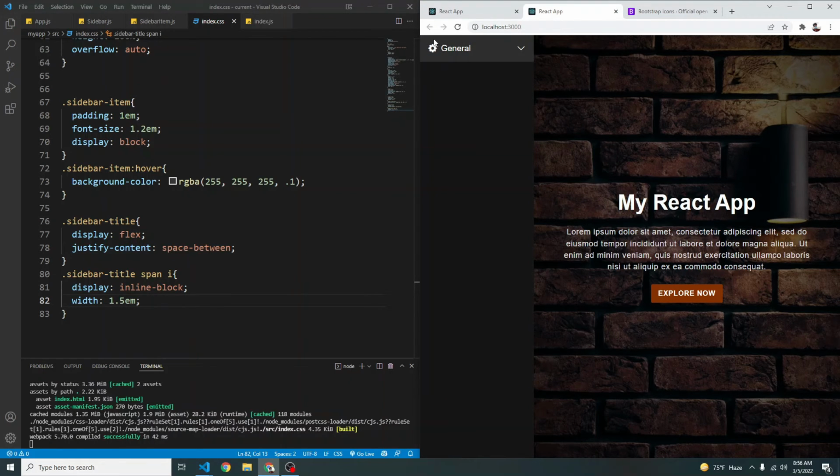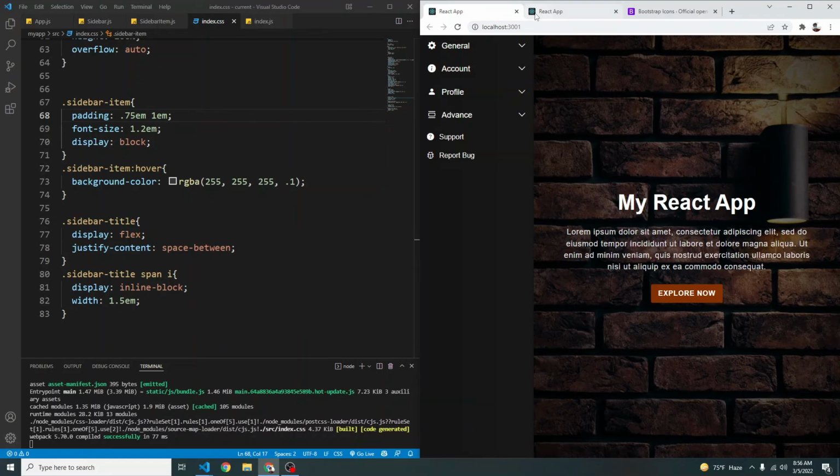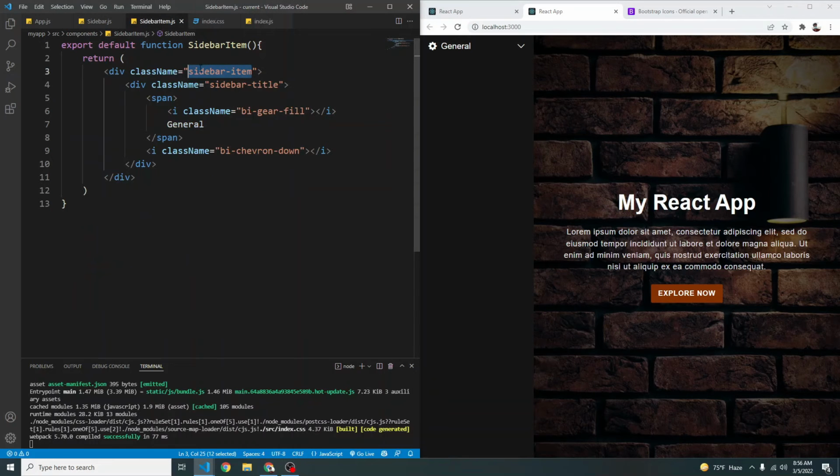And it looks like we have more white space on top and bottom than our previous. So here, sidebar-item, the top and bottom padding can be, let's say, 0.75em. We don't have to make it absolutely perfect, this is good enough. Okay, now when we hover on this icon, our cursor should become a pointer. So let's go to our sidebar item. This will also have a class of toggle-button.